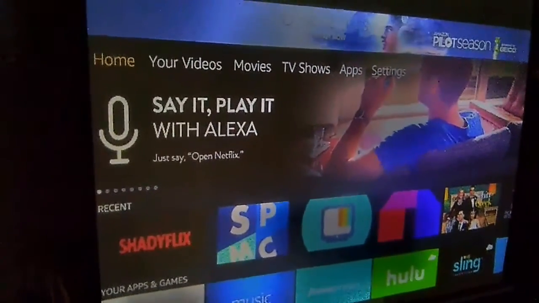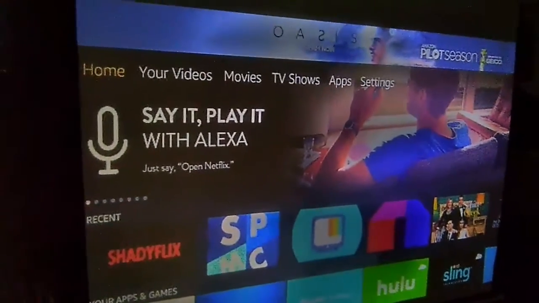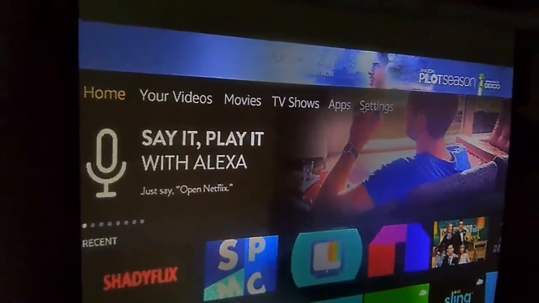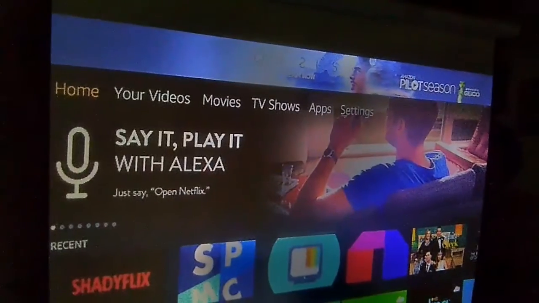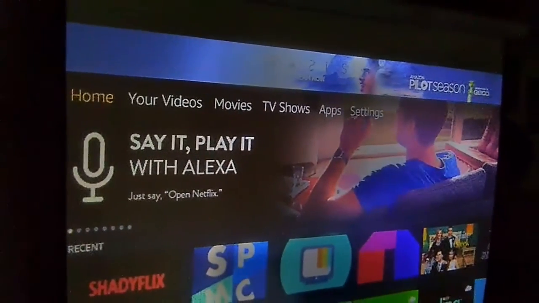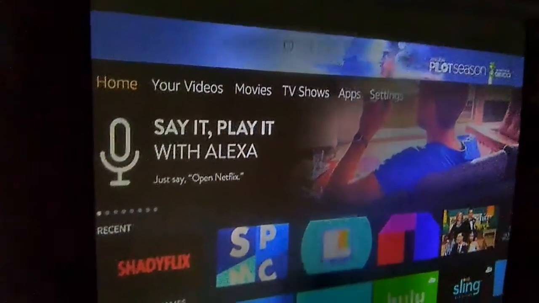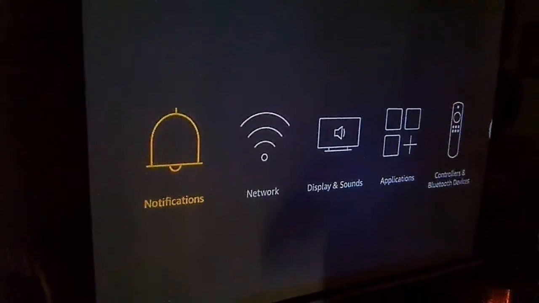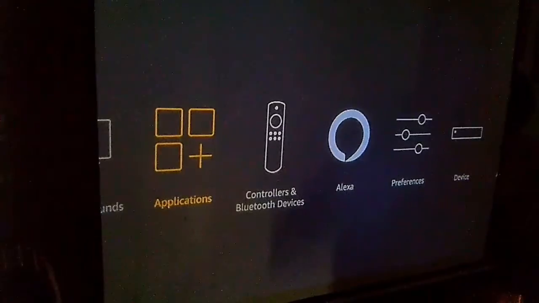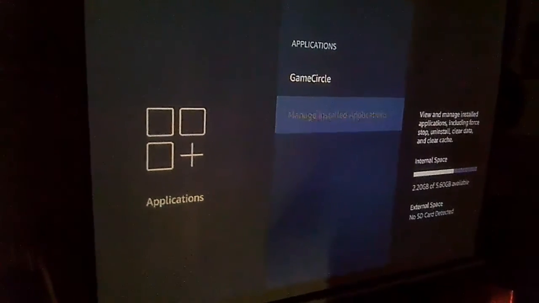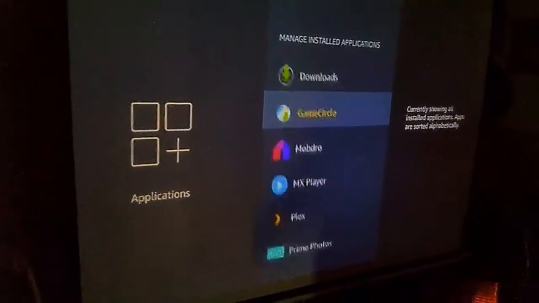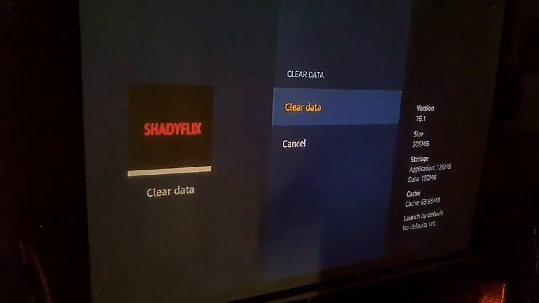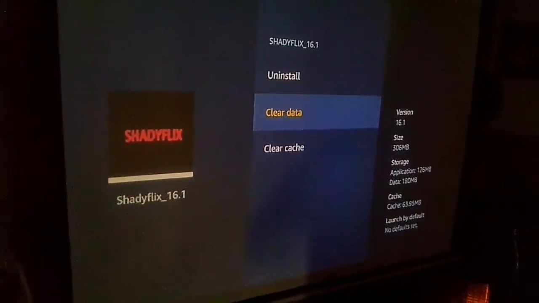Okay, so when Shadyflix stops working and you just get a black screen with the Kodi logo in the left top and the time in the right top, then go back to the home screen and go over to settings, go to applications, go to manage installed applications, go to Shadyflix, go to clear data, hit clear data again,